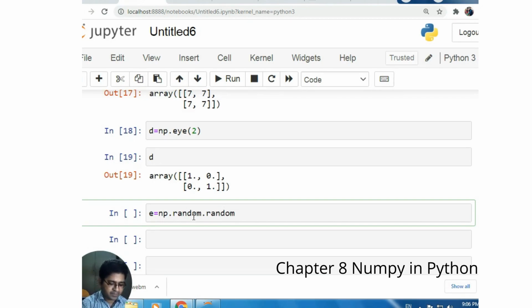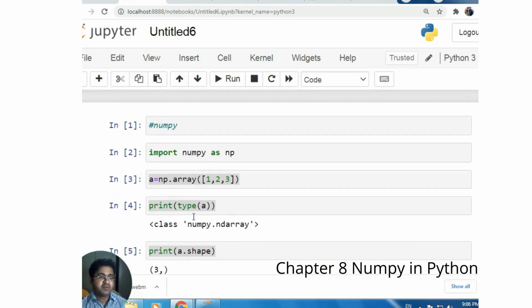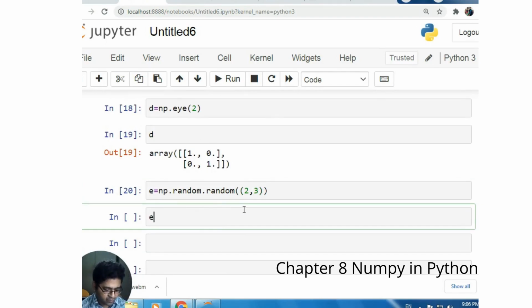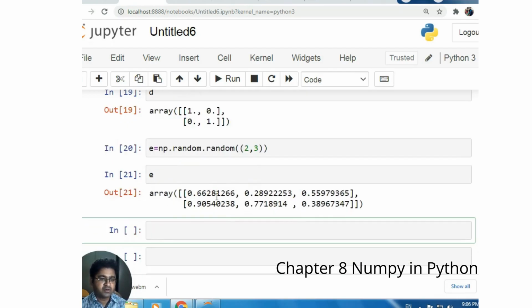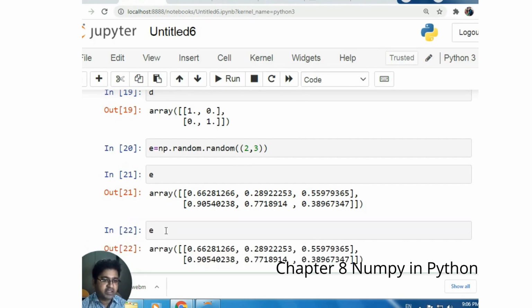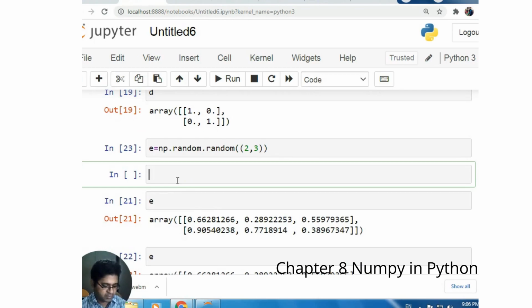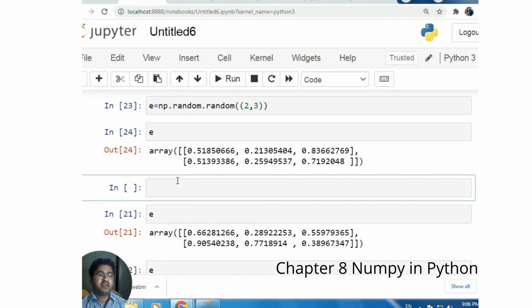Now the range of A is colon 2 and colon 3, starting from the initial index 2 till 2, and again starting from the initial index to 3. So it is going to throw 1 2 3 5 6 7. And how are we going to assign B? All the values of A are going to be assigned to B here. So we have B on the screen, and it has all ones because we assigned A all ones in the previous command. So this is going to assign the B value as well.